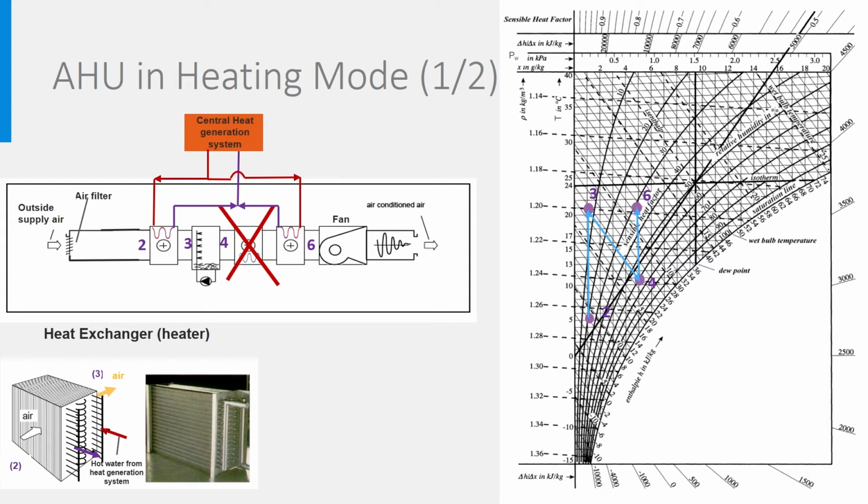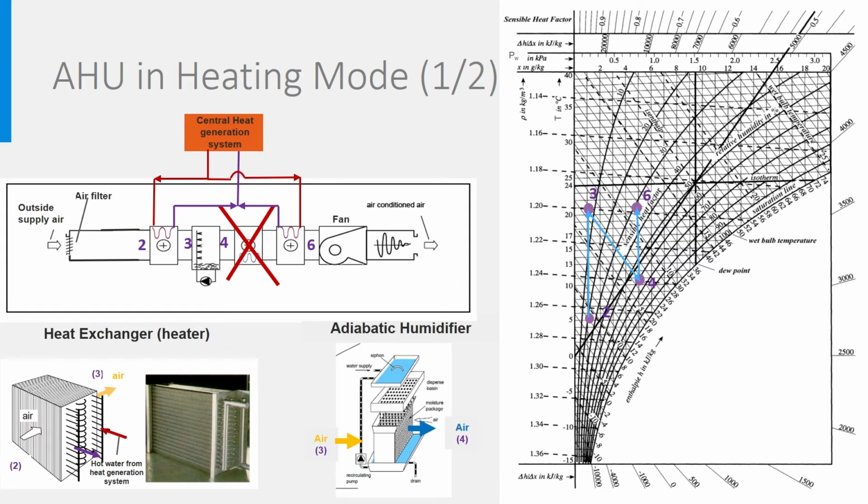Adiabatic humidifiers, you see one here, are very energy efficient. They use almost no energy, just a bit for the pump. However, they are prone to being polluted by the Legionella bacteria, causing pneumonia when inhaled. The Legionella bacteria grows by preference in water at temperatures between 15 and 50 degrees. The water tank should therefore be regularly chemically or physically disinfected, or heated once a week at a temperature above 60 degrees in order to kill the bacteria. That's why preference is often given to steam humidification.